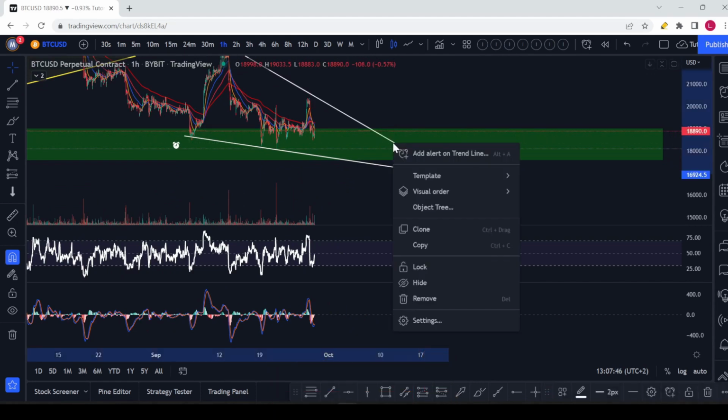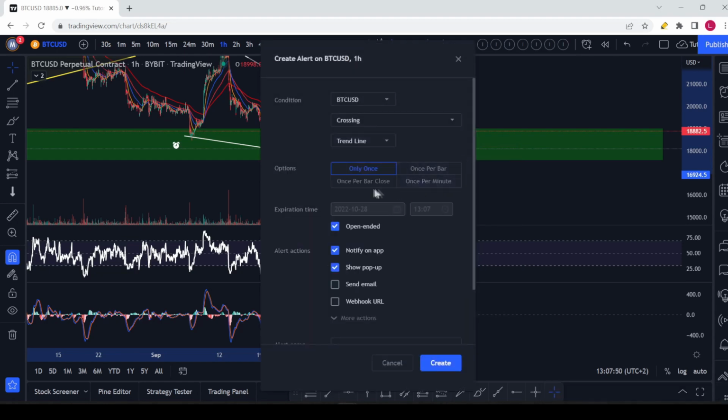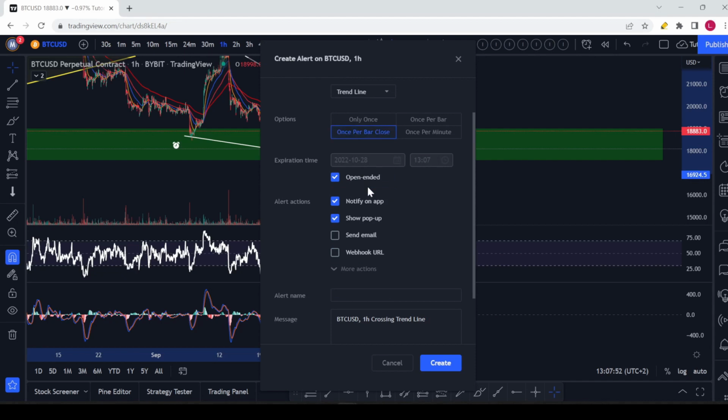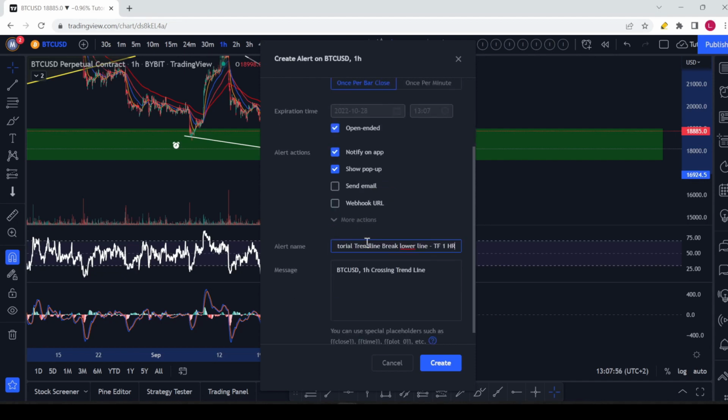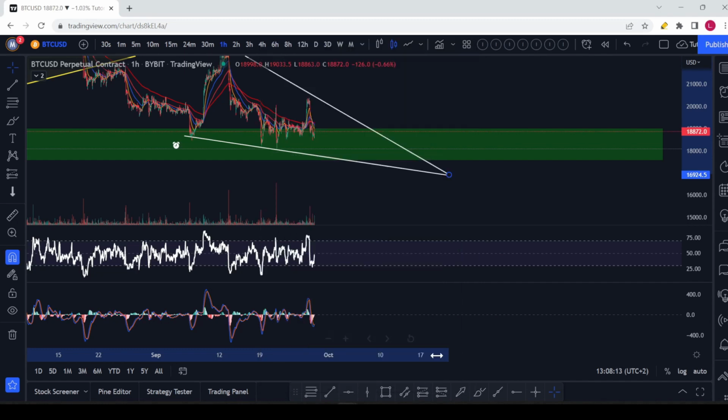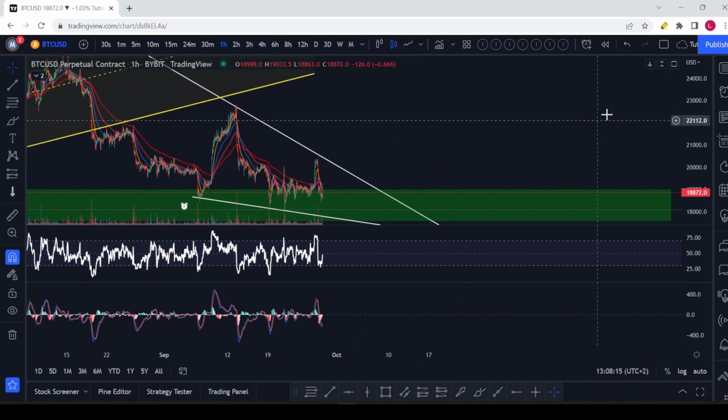Select the line, click on the right mouse button, add alert on trend line. Now I'll set it to once per bar close. For the name, I'll add the same name, but then change lower to upper line, like this. Copy it and paste it. Click on create to add the alert, and now you can see,